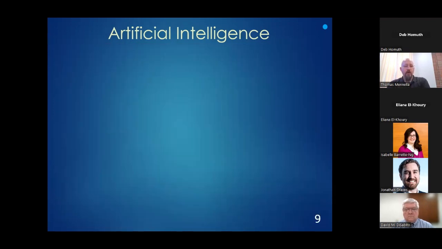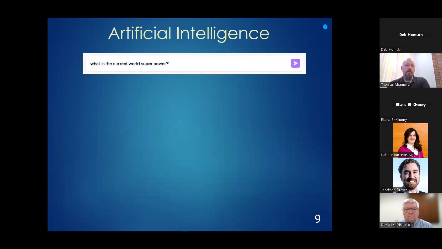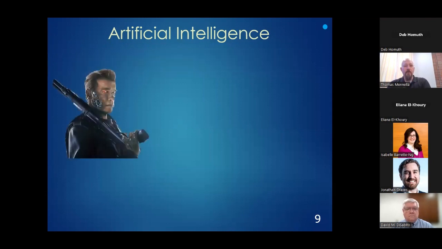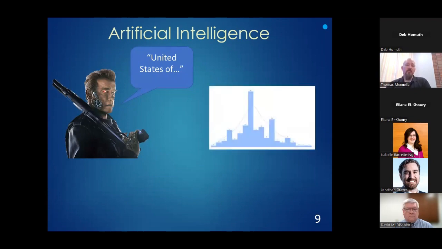To highlight how that works, imagine we went to ChatGPT and prompted it with the question, what is the current world superpower? Well, the AI would go into that large data set and begin mining it for occurrences of that term, world superpower. And what it would find is that in a majority of that data, it encounters the string United, and then after that, States, of, and word by word, string by string, it goes into this probabilistic algorithm. The very next word in that string that has the highest probability of occurrence in its data set is America. So the generative AI adds that and continues to build a response.